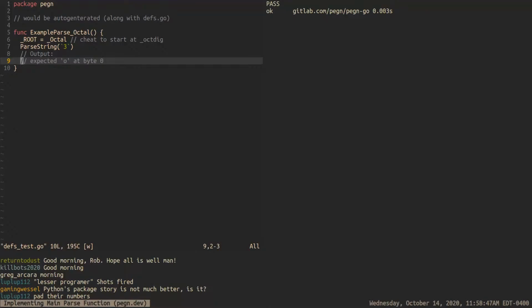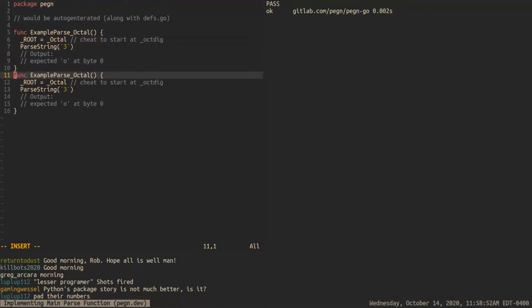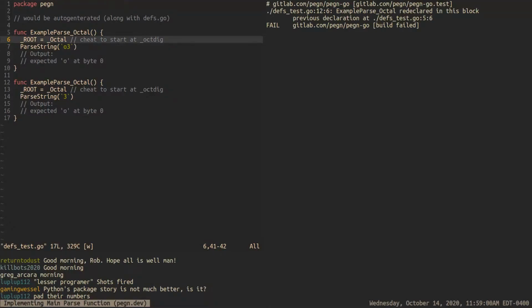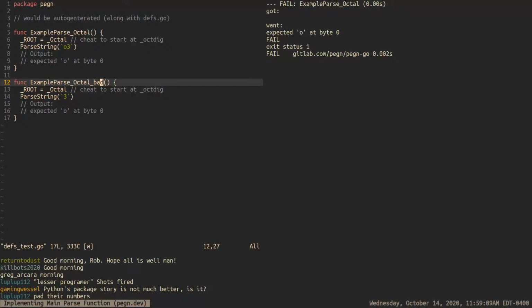So let's do a bad test, shall we? Let's do a bad test. So let's say this is a good, oh wait, let's make this one a good one. Octal redeclared this block. Well, yeah, I'm sorry about that. Let's do octal bad. I wanted 0 at byte 0. Okay, this guy didn't get anything. So let's say, well,